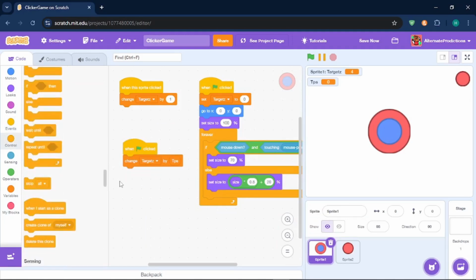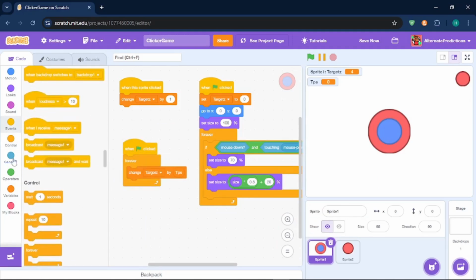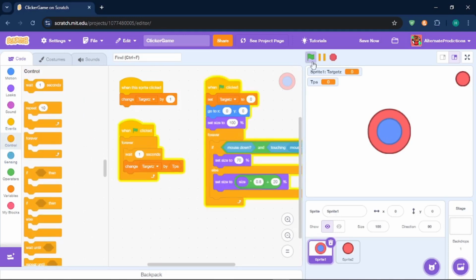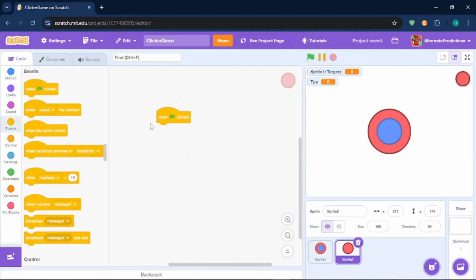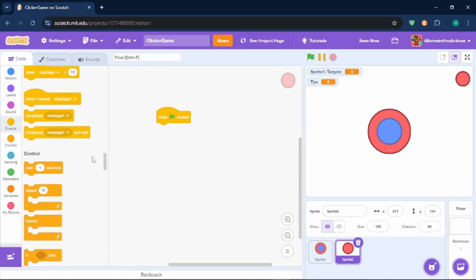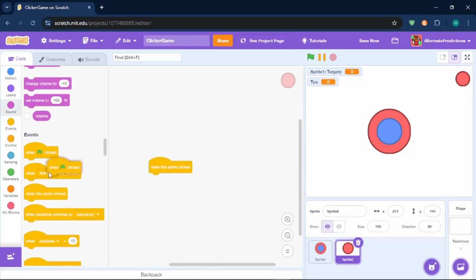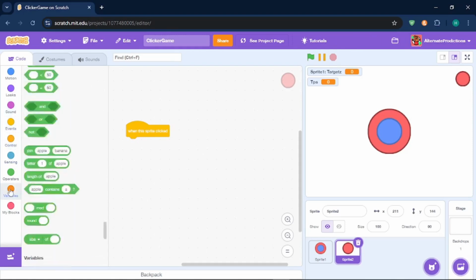Of course, we want it to be so that when flag clicked, every second it will change targets by TPS. Since TPS is 0, it's not exactly going to do anything. So I will go to when this sprite is clicked, then change TPS by 1,